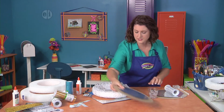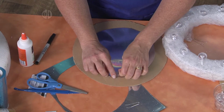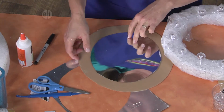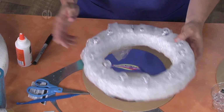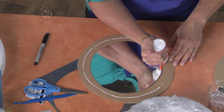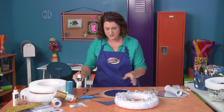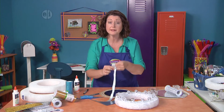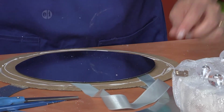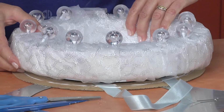Now remember this part? We are ready to assemble. And what I'm going to do is remove the plastic covering, which protected it, and discard that. And now we'll go ahead and add a little bit of glue around the outside, like so. And you could use your finger to spread it around, or a little craft stick or something, kind of doesn't matter. And I'm going to go ahead and slide in my ribbon ends, like this. And then add a little more glue on top, because more glue is better. Now, what I'm going to do is lay this right on top,